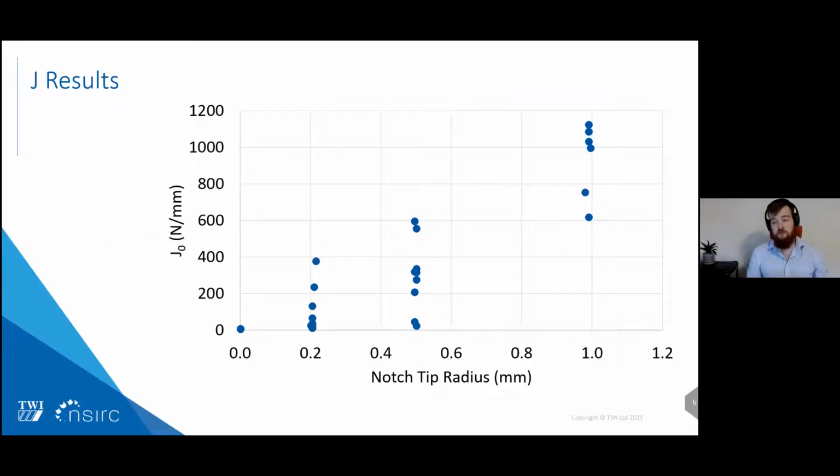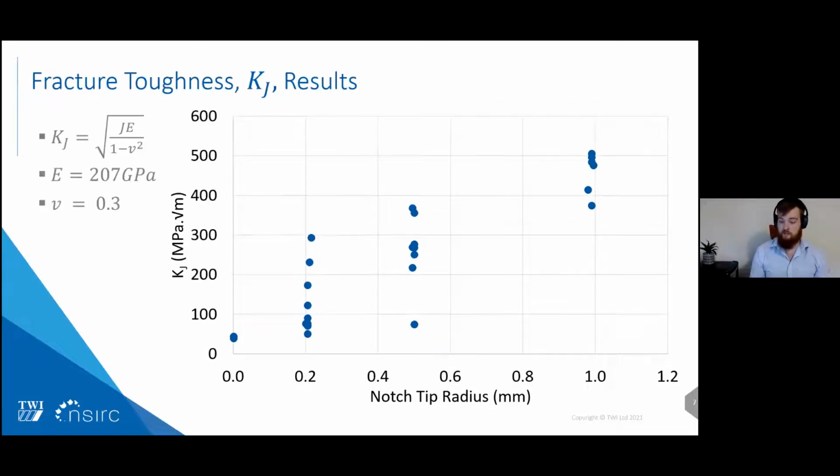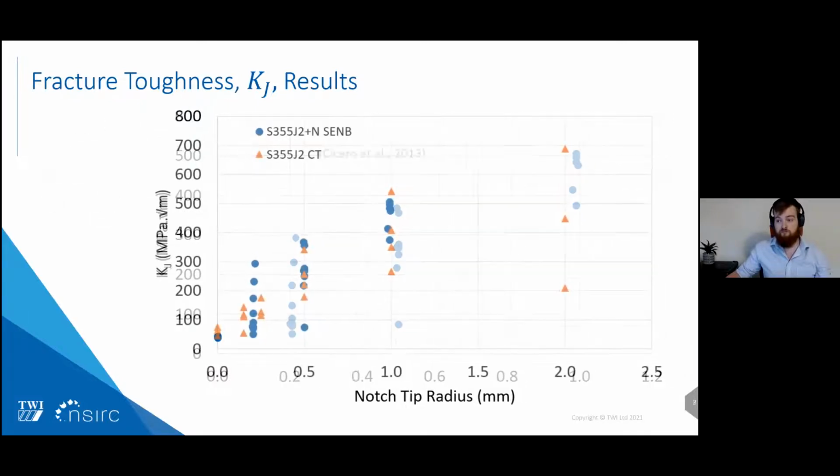The results of these tests allowed us to calculate an effective J for the notch specimens, and as expected, we can see a very large scatter in the results, which is why we did as many repeats as we did. These could then be translated into an effective notch fracture toughness using the value of E and Poisson's ratio shown on screen,